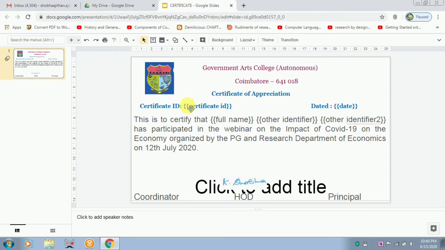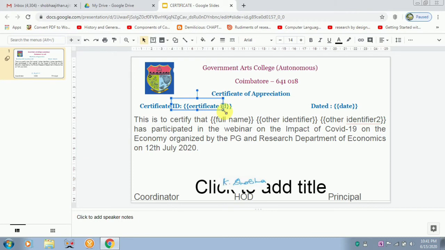So you can see the flower brackets, and I am closing the flower brackets. Inside that, I am typing certificate ID, then dated in flower brackets, date. So always before linking it with the feedback form, see that this is bracketed with the help of a text box. This has been already done. Wherever the flower brackets come, there should be a text box. A text box means a box should be drawn over it. So you can see there is a box over here.